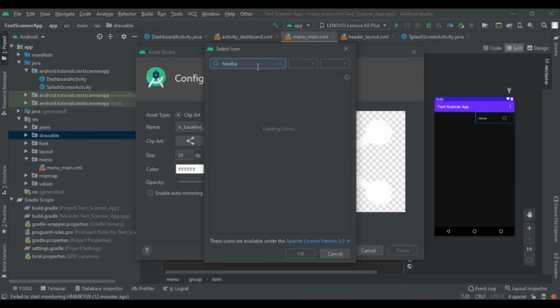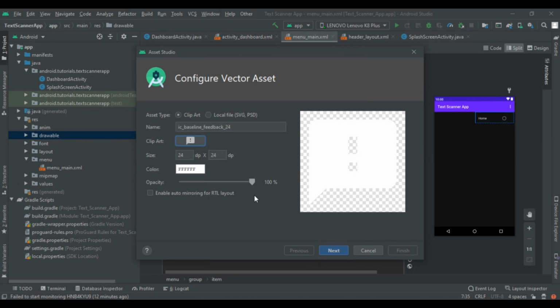So we are going to apply all the click listeners on these icons, so you will get the idea what we are going to create in our navigation drawer.